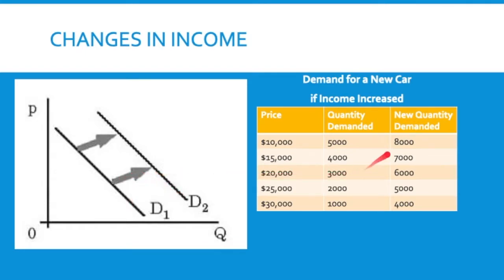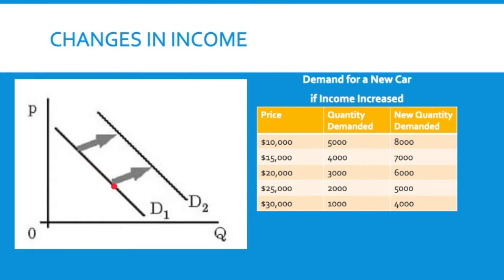Now this isn't exactly representative of these numbers because of the limitations of what I can do in Google Slides with drawing, but this is showing that the whole line moves. D1, demand 1, is our original demand, and D2 is our new demand. Everything's changed. If you think about the difference between a shift in demand and just a price changing, if price changed, we would say if price was this high, this many people buy it, and if price was lower, this many people buy it. We'd be moving along the same curve.